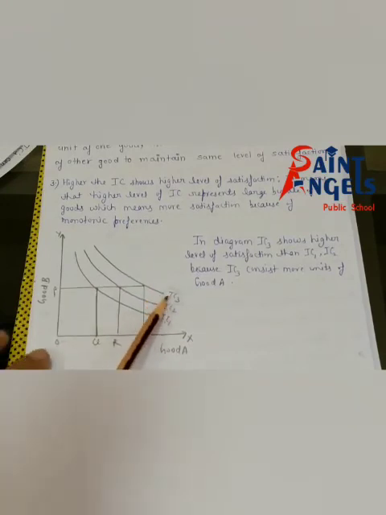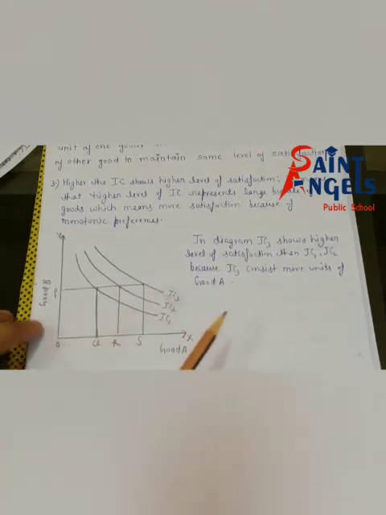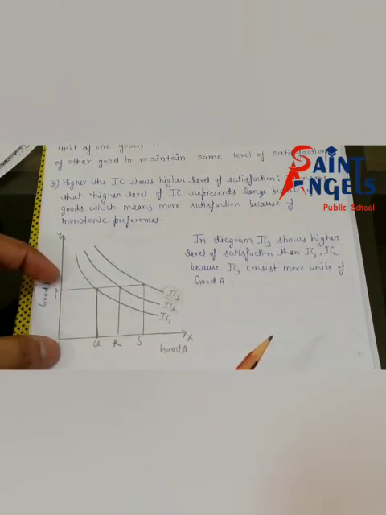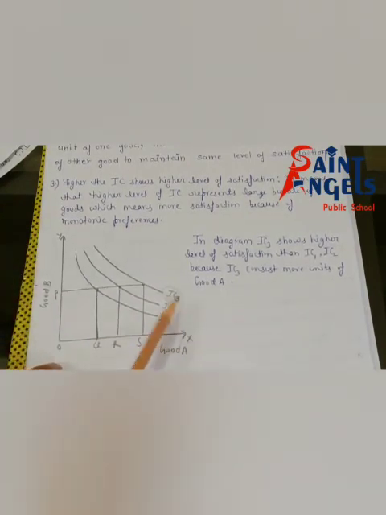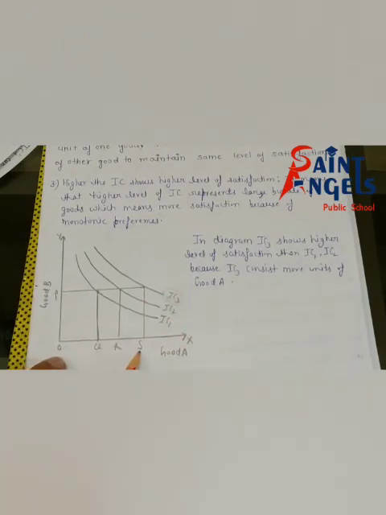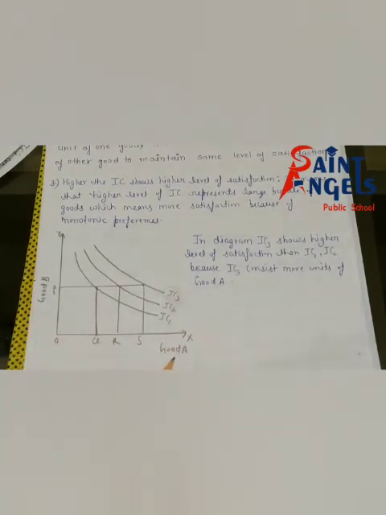According to IC3, we are consuming OP units of good B, and according to IC3, we are consuming